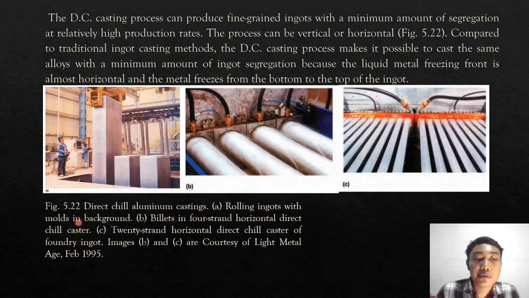Figure 5.22, direct chill aluminum casting. A. Rolling ingot with a mold in the background. B. Billets in a four-strand horizontal direct chill caster. C. Twenty-strand horizontal direct chill caster for foundry ingot. Images B and C are courtesy of Light Metal Age, 1995. The next,